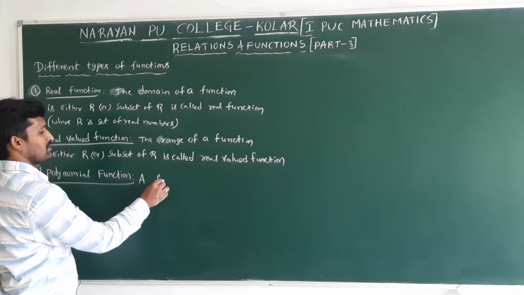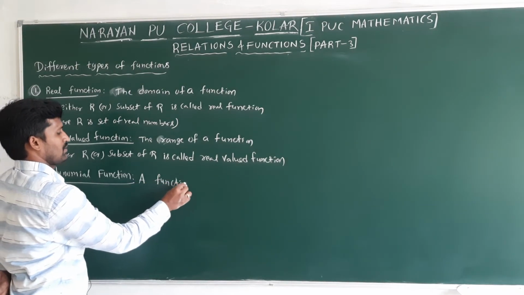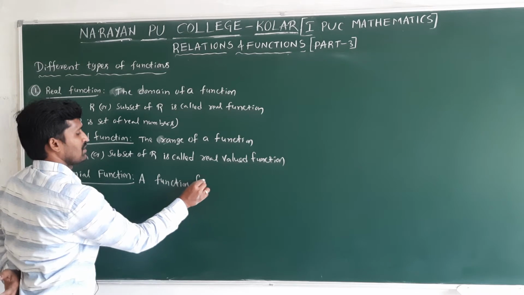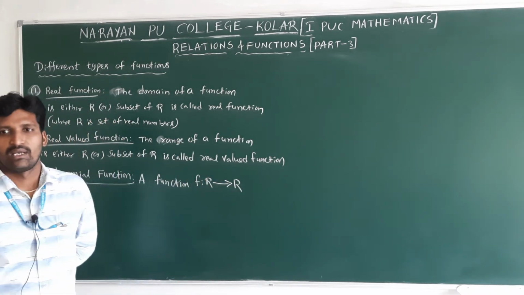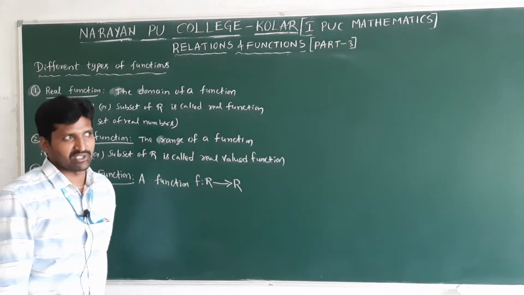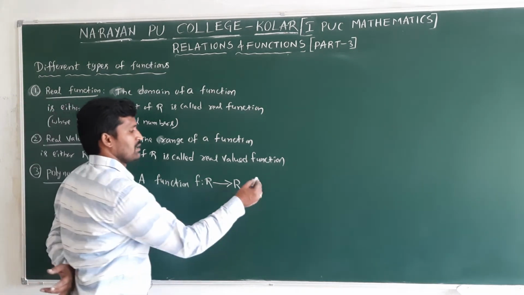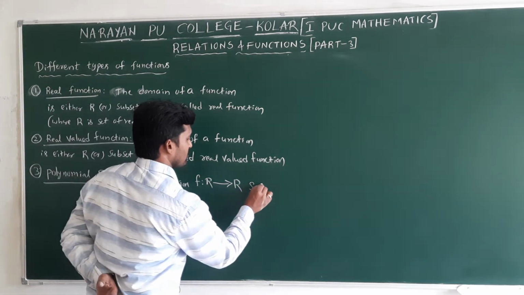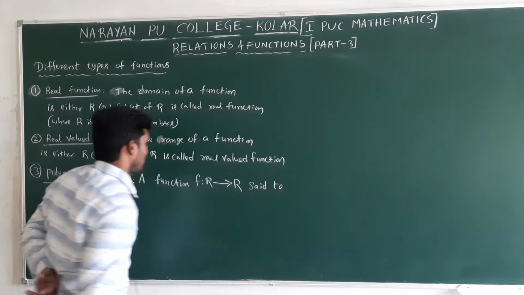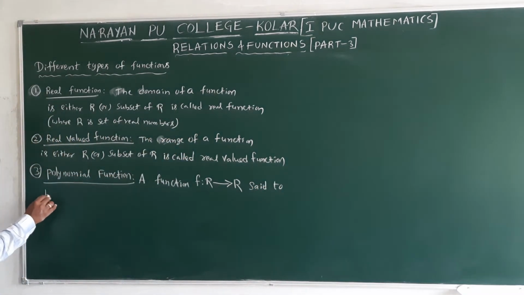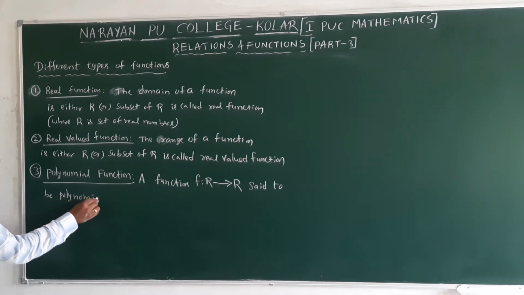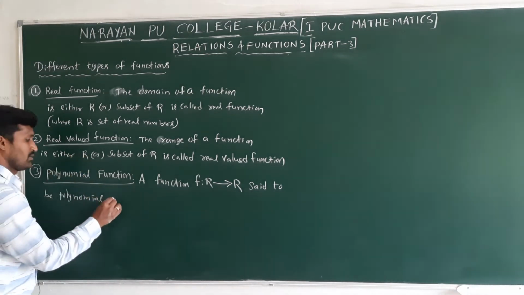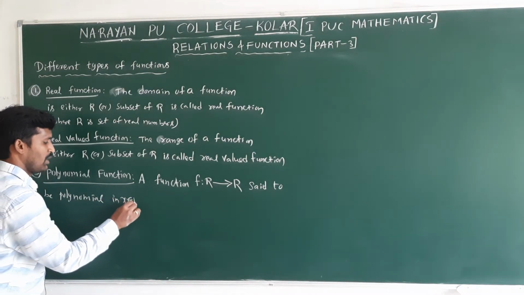A function f maps from R to R, clearly a real-valued function, is said to be a polynomial in x belongs to R,